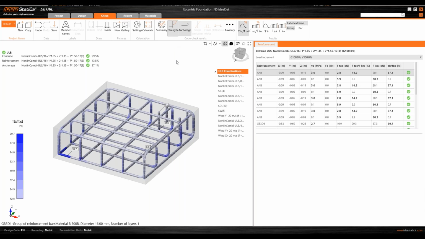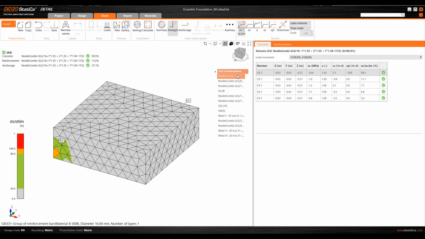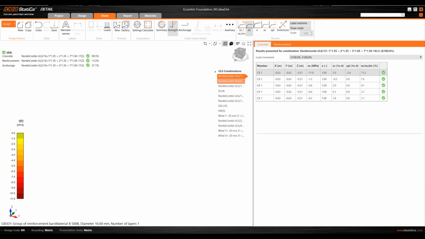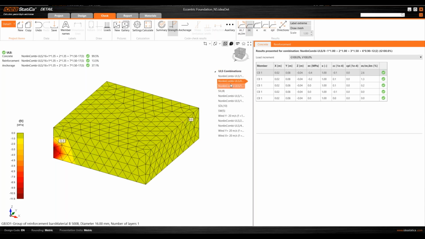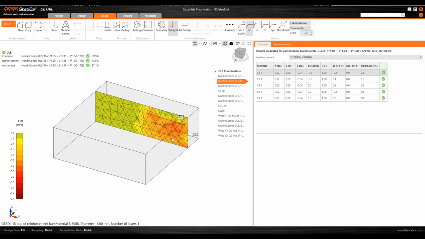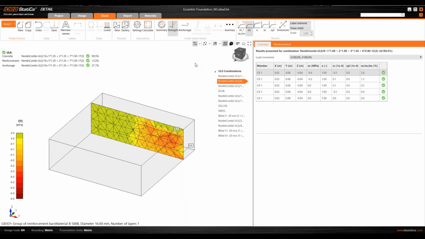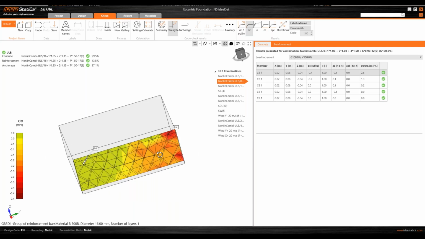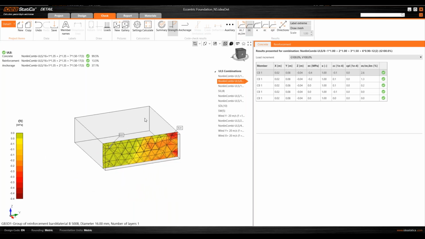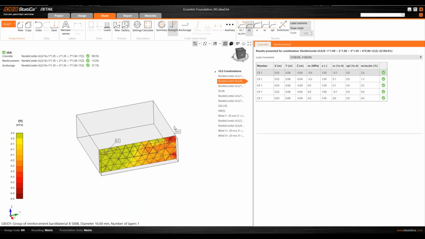And if you want to see the stresses inside the concrete, depending on load combinations, I have this one. There you can actually look into the sections and see all your stresses on the concrete. You can also use that in the other direction and see how those stresses go into the concrete. So that's basically the